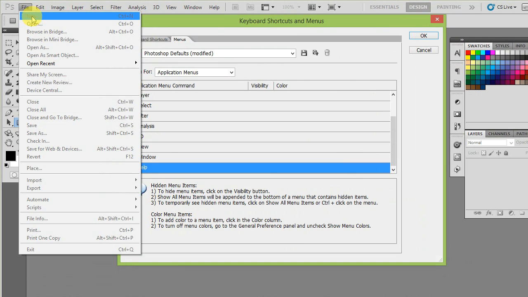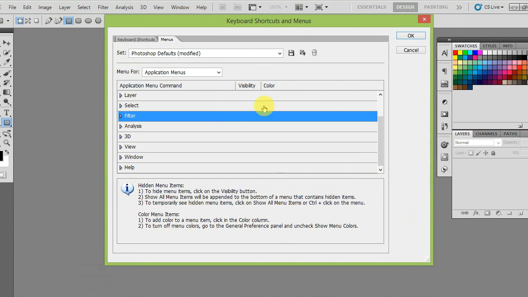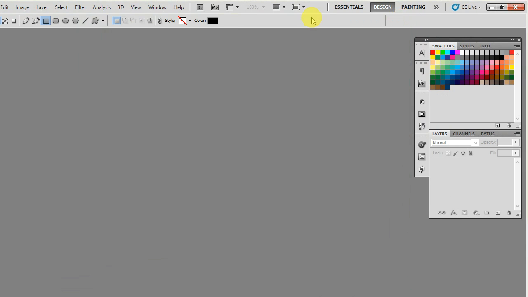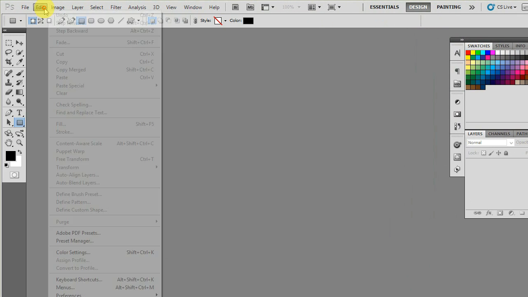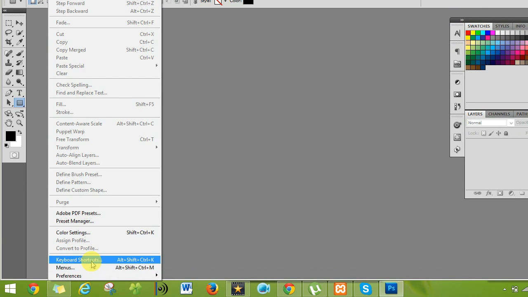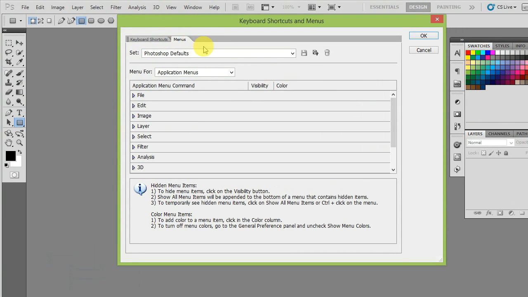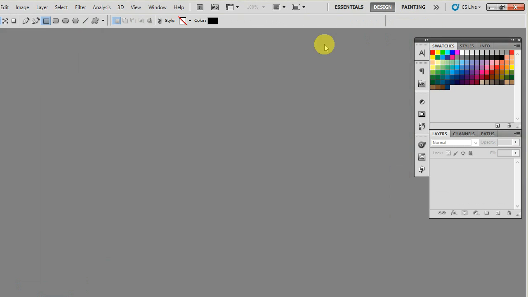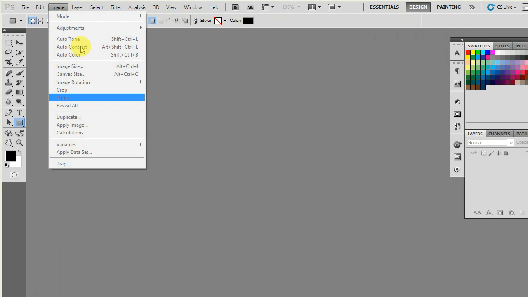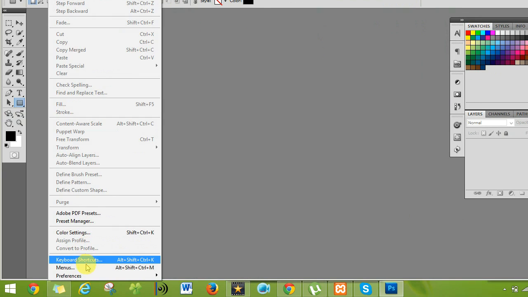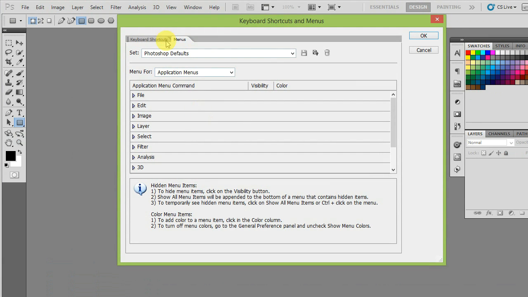If I hide New, it is not going to appear. Next I do the same thing with Edit. First I clicked on keyboard shortcuts, and this is shown. If I click on menus, it is the same thing. If I go from here, Edit and Menus, you see only the tab got changed.